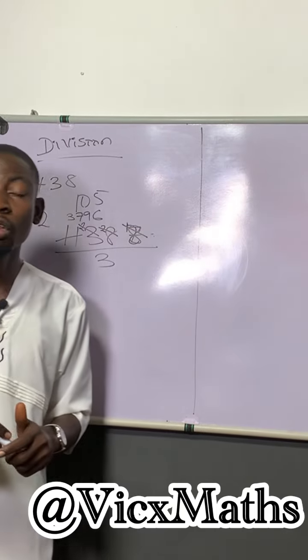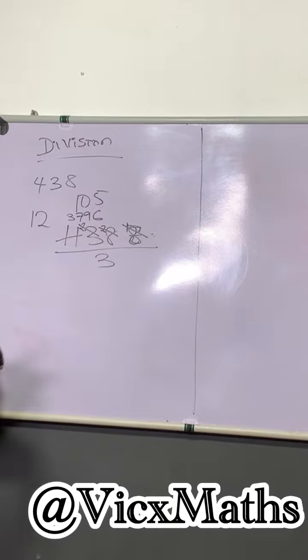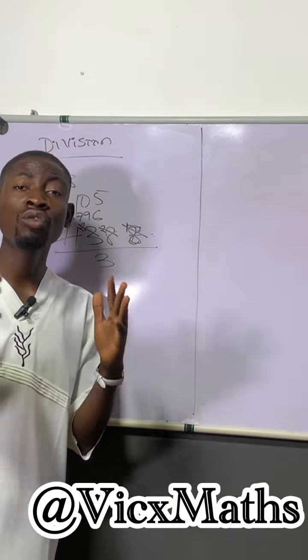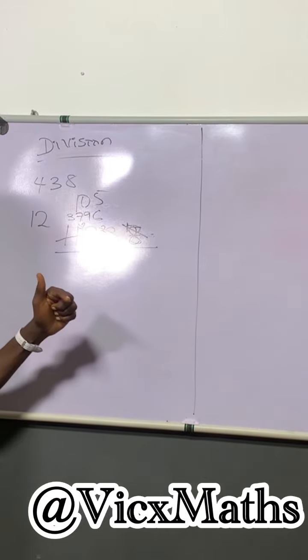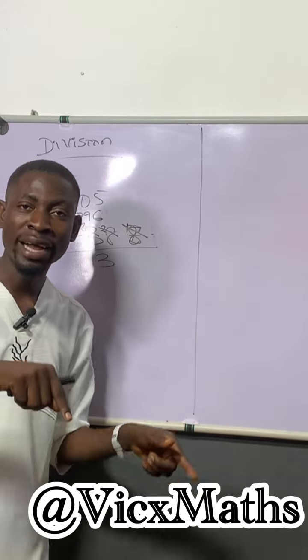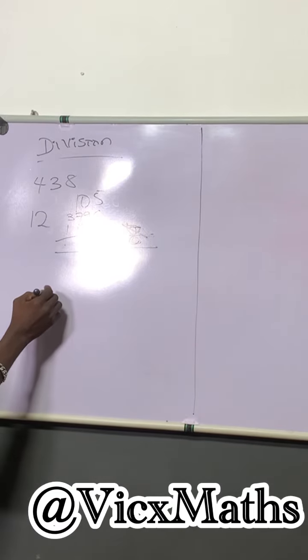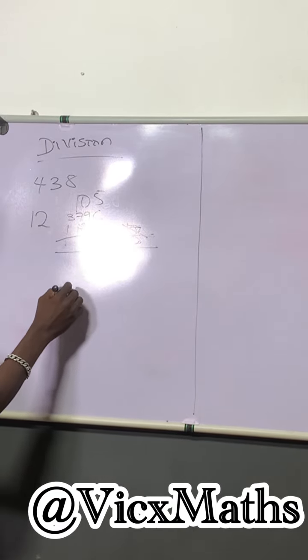So anytime you want to check if a number can be divided by 3, you just add the sum of the digits. Then let's go to 6. To know whether a number can be divided by 6, what you do is, if 2 can divide it and 3 can divide it, that means 6 can divide it. So how do you know whether 2 can divide it or 3 can divide it? Look at this number,